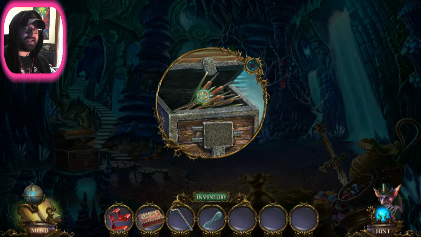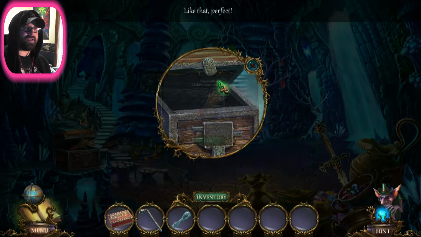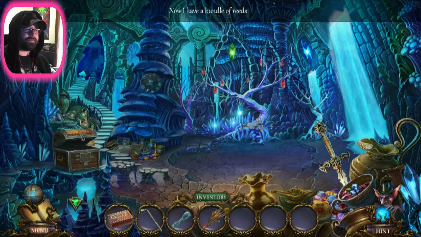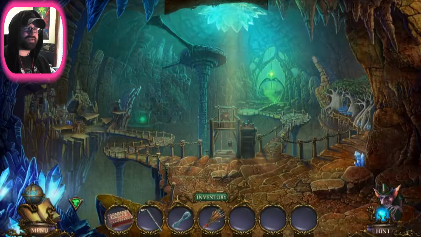We can't actually pick it up by clicking on it. We have to add to it the ribbon. So we click the ribbon and add that, and now we can pick it up, the reeds, as this sort of a bundle. And now, with that, we can go back a screen, go back a screen, go back a screen,